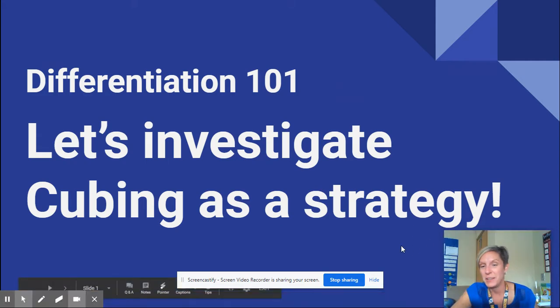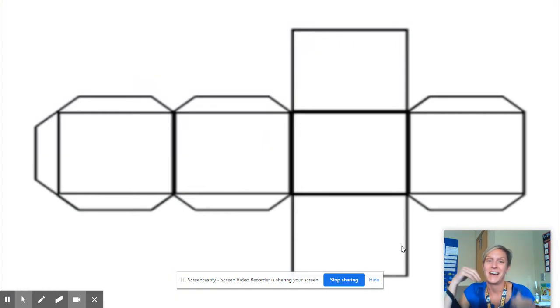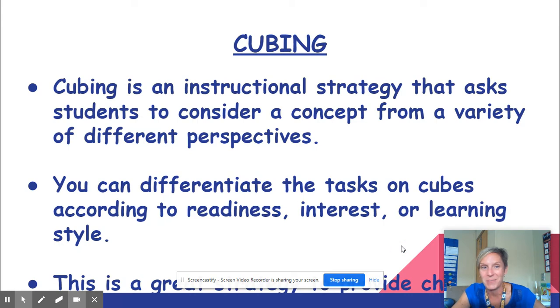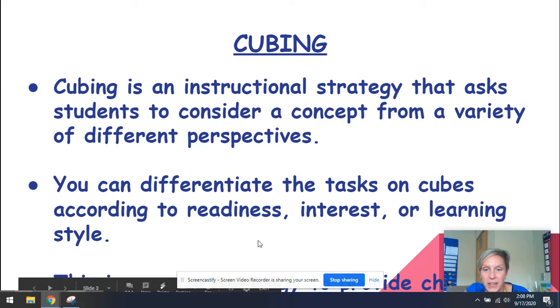And yes, cubing is exactly what it sounds like. It's making a cube. So if you fold those sides in, you can actually make a cube to roll like a dice, right? Okay, so now that you kind of know what I'm talking about, cubing, what is it? Well, it's an instructional strategy